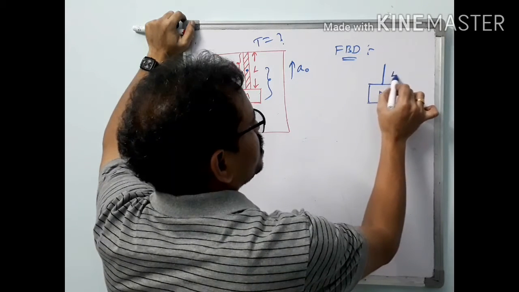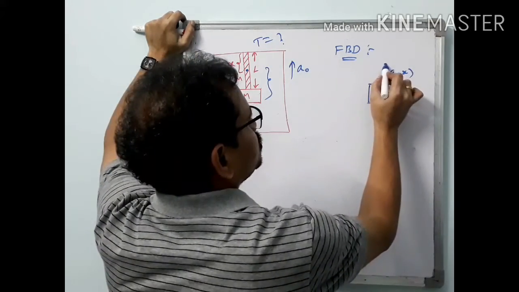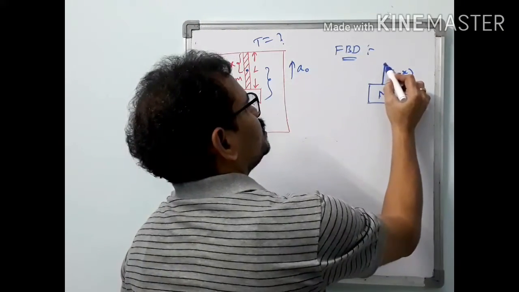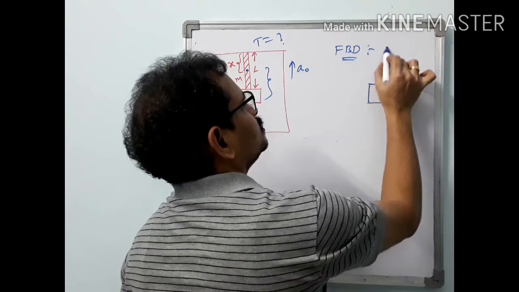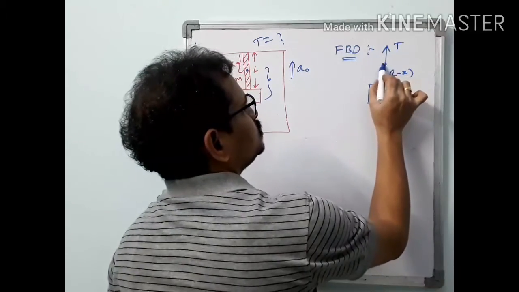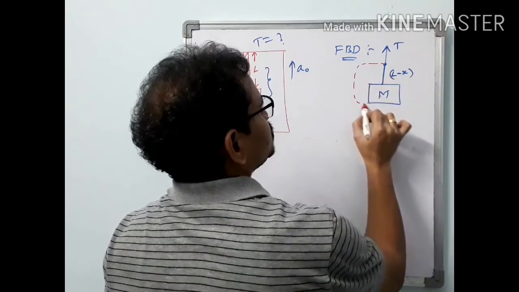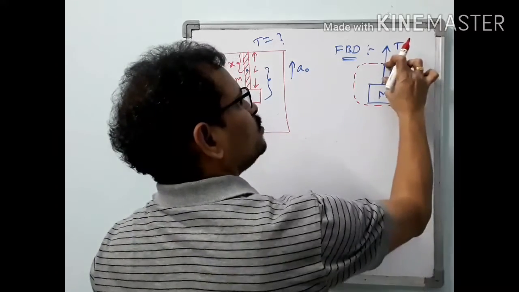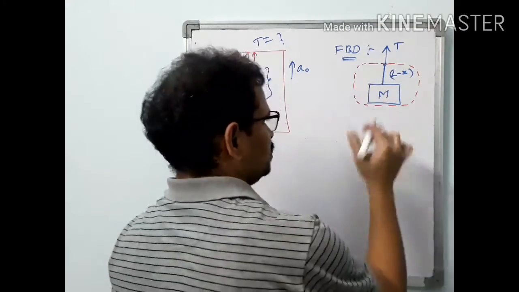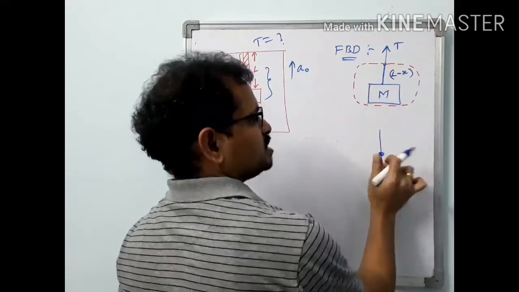What is the length of this part? L minus x. So from here to here it is x, no? So the remaining part is L minus x. Now this one I am choosing as FBD. Now I have to find the tension force at this point. It is acting in upward direction. So now I am choosing this one as a system: this part of rope and this block. To avoid confusion, let me take this one as a single point mass.